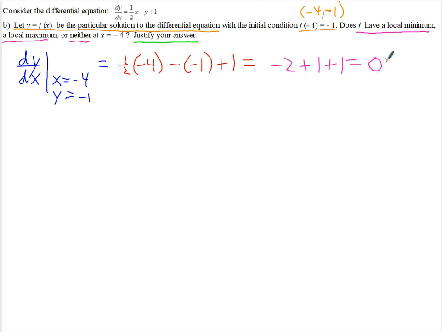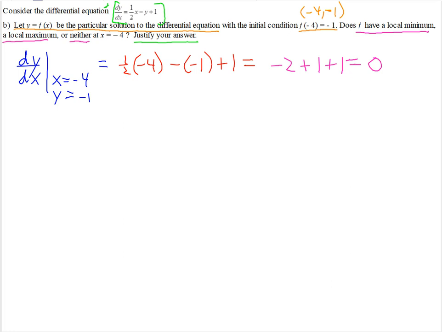So because the first derivative is 0, that means it's a critical number. That means it could be a local minimum or a local maximum. Remember, where the derivative is 0 or undefined are the places where you could have a local minimum or local maximum, same as a relative min or max. And this one would never be undefined. For the second derivative test, the first derivative has to be 0 for you to be able to use it. And it is. So this means we can move on to actually find the second derivative